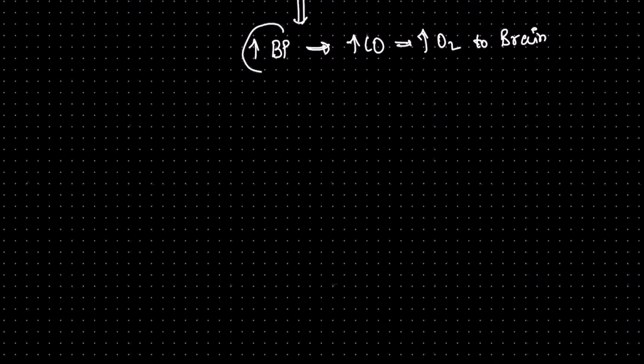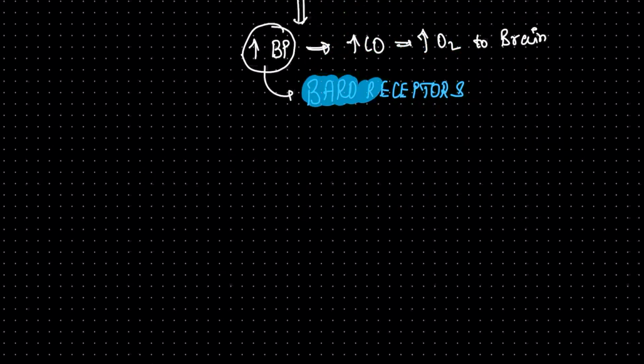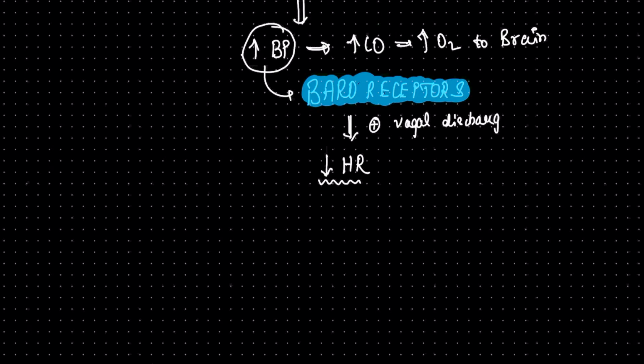Now this increased blood pressure is above normal, and this is not liked by what is popularly known as the baroreceptor. The baroreceptors are something which likes everything normal. The baroreceptor doesn't like if anything is up or down. So what would baroreceptors do now? The baroreceptors will do a compensatory decrease in heart rate, by increasing the vagal discharge. Because of increased vagal discharge, there is decrease in heart rate.